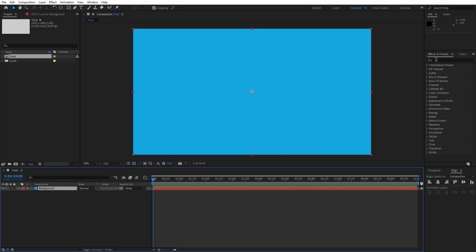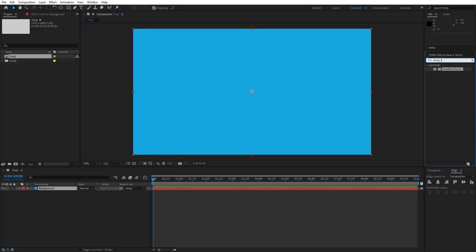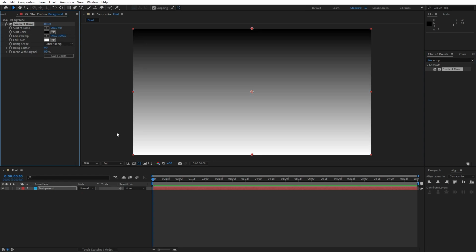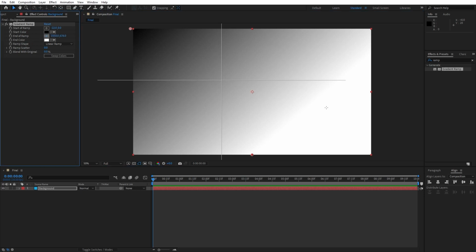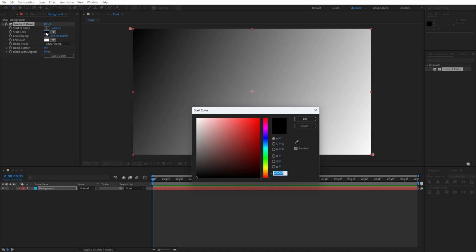Then go here in the effects and preset and find ramp effect. If you can't find effects and preset option, just go to window and you will find it here. Now type ramp effect, drag and drop onto the background layer and here let's make a few adjustments. For the start of the ramp, go upper left corner, end of the ramp lower right corner, and for the first color let's type here this number